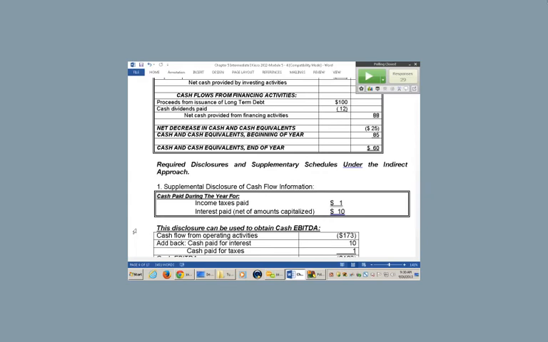Now, this has already been done. And if you remember, I said that, well, you may not like the direct method, but if you're doing an indirect cash flow, you still have to come up with those numbers. And we already calculated them on the direct cash flow basis, right? So you already have these numbers.